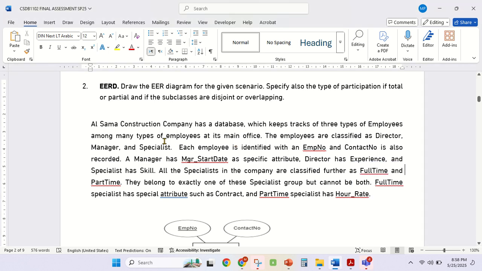Hello students, today I will discuss the EERD, the Enhanced Entity Relationship Diagram. Given the scenario, we will make an ERD. Remember, an ERD has the superclass and the subclass. So this is now the